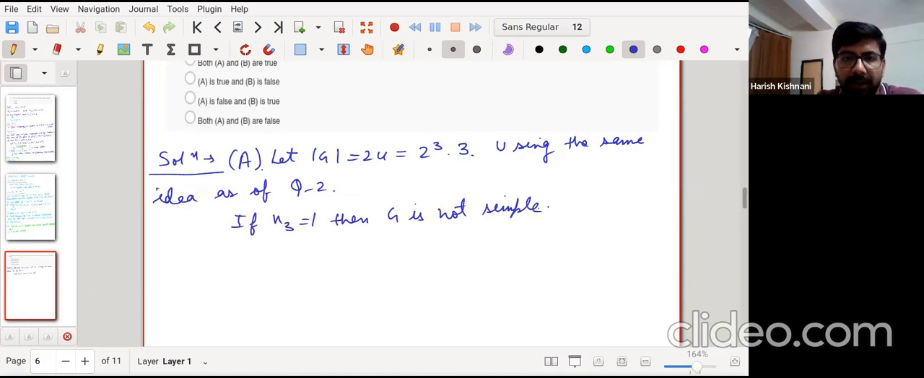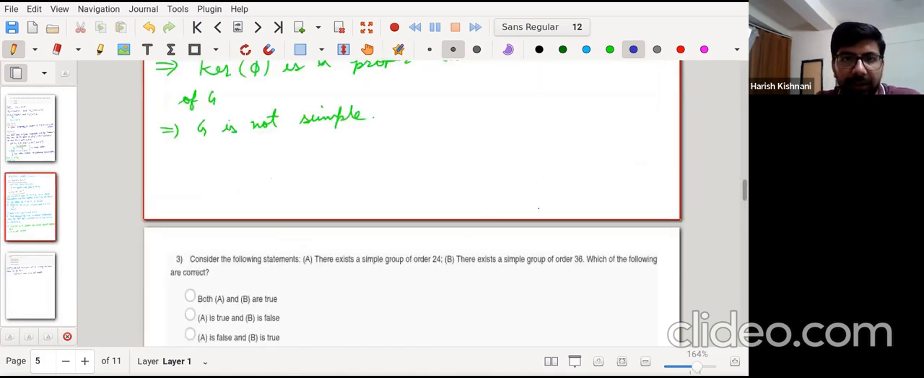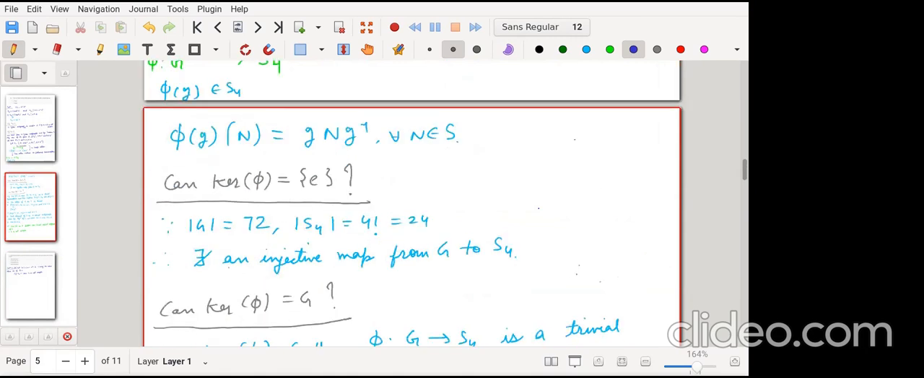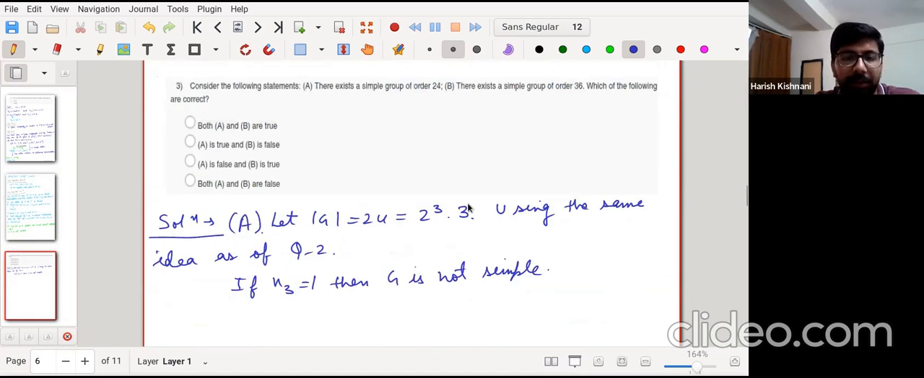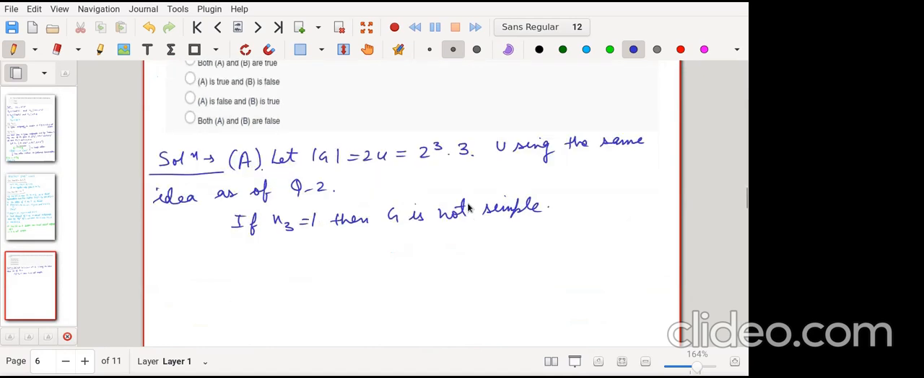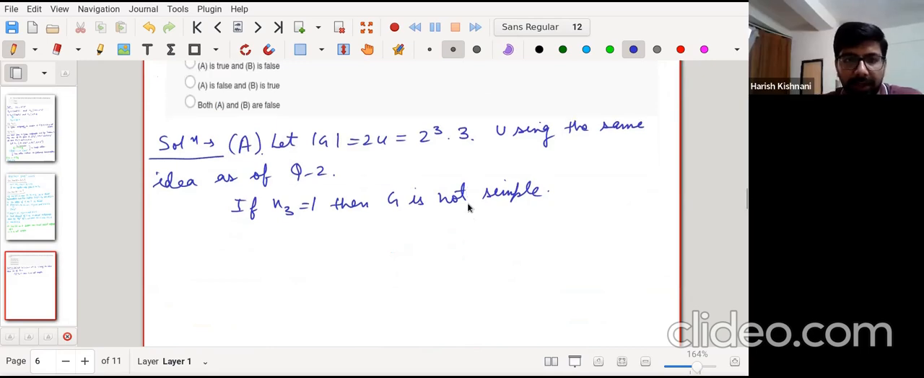See, we have 72 earlier, right? Which is 3 times 3 times 8. Here you have one more power of 3 there, but that's not playing any role in the computation. n3 is again going to be 1 or 4. If it is 1, then it's not simple. And if n3 is 4, then the same map you can define again. I'm just writing it as phi differently so that you are not confused. So if n3 equals 4, then we can define